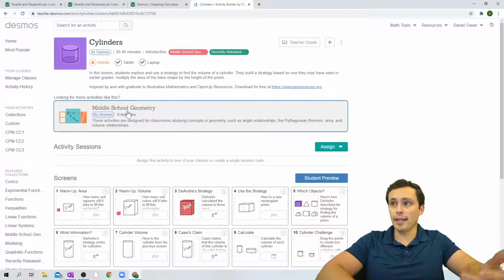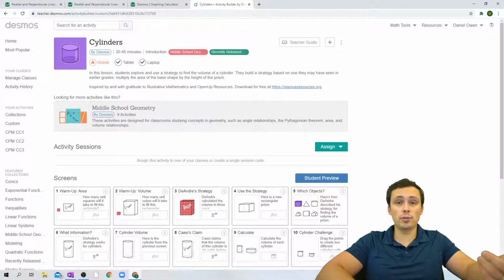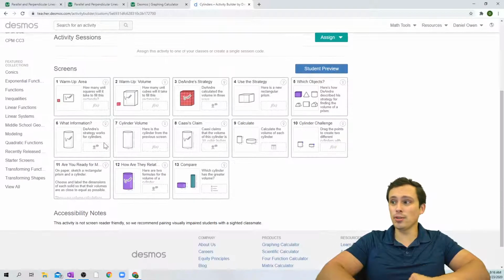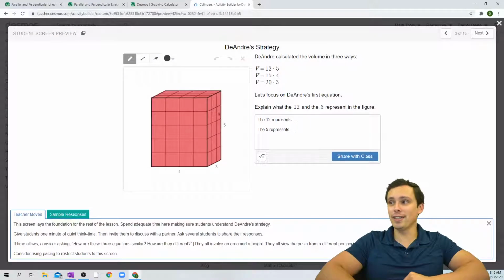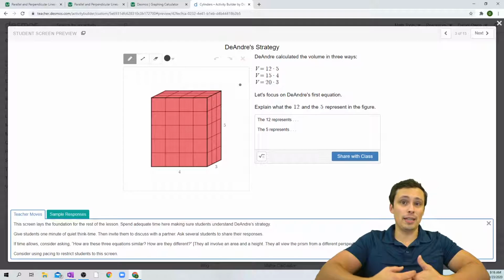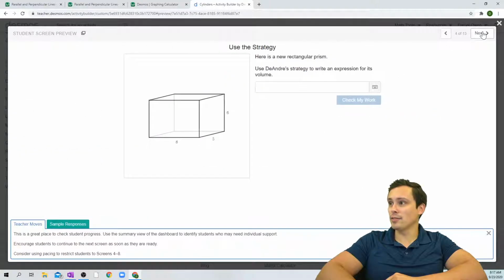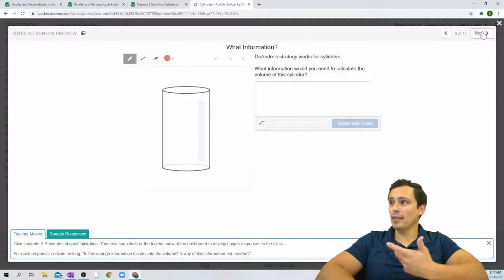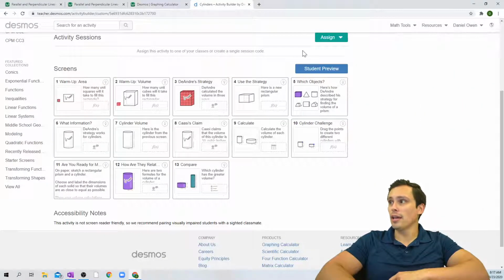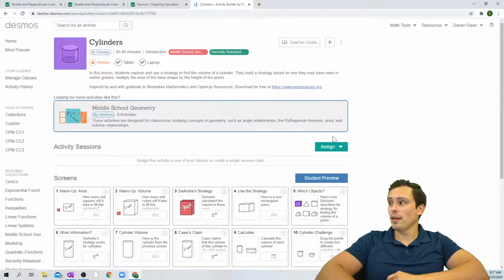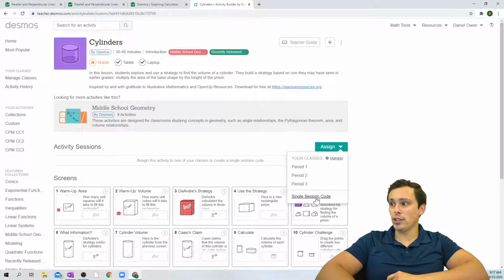If I click on that, I can see something published by Desmos, and the ones published by Desmos generally have much cooler programmed interactive things than you'd probably be able to create yourself without spending a huge amount of time learning the programming language that you could learn here but don't need to. There are some cool interactive slides and responses here, and you can slide through and see what this looks like for a student. Then, if you like that activity, you could assign it and generate a single session code